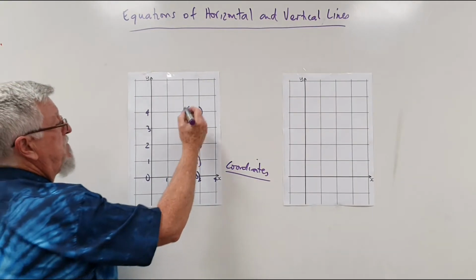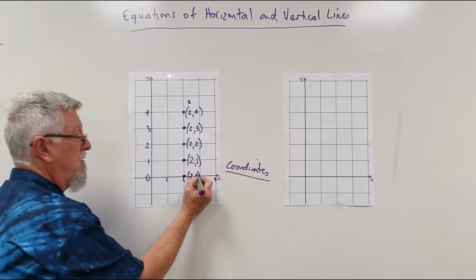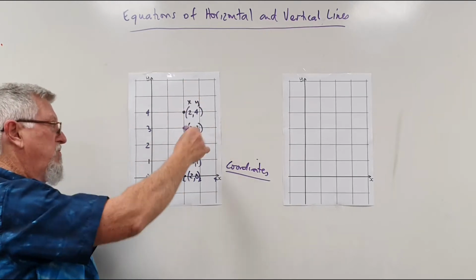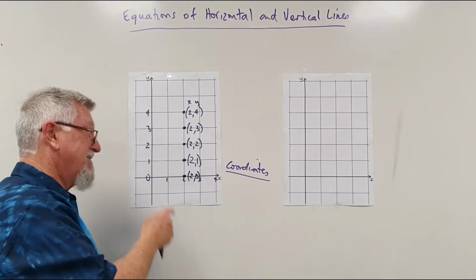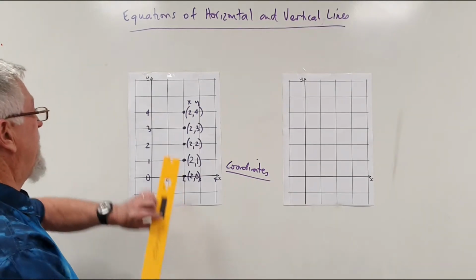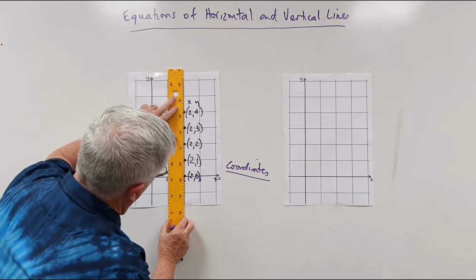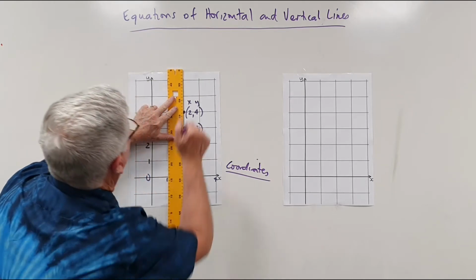Now, what's happening is that x is 2, 2, 2, 2, 2, but the y value went 0, 1, 2, 3, 4, or 4, 3, 2, 1, 0. So the y's are always changing, but the x's are staying the same. I laugh with it all because students get so mixed up on it. So if I drew a line through there vertically,